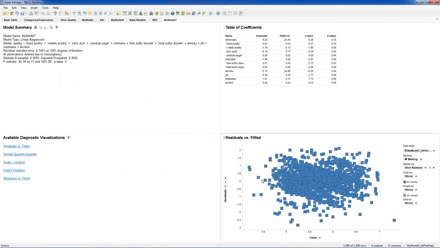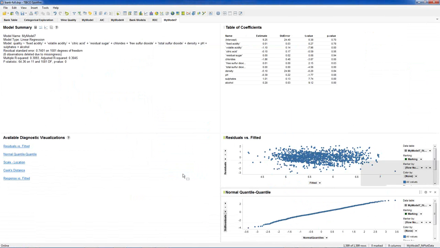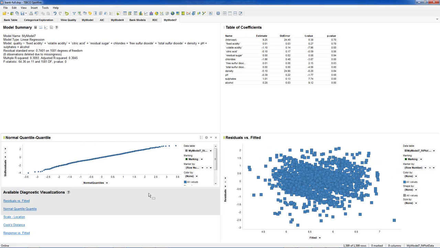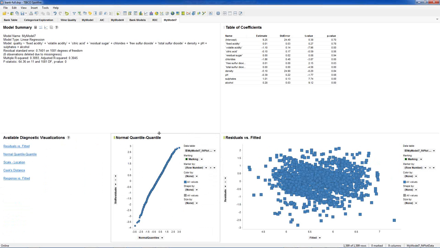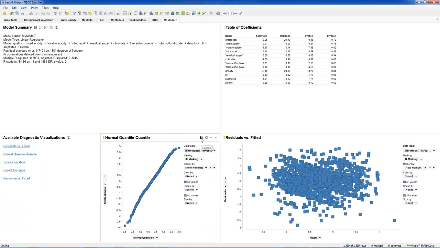So it just ran the regression. We got some output back. We see the distribution of residual versus fitted. Looks like a mess, so I'm pretty happy with that. It should not have a whole lot of patterns in it. We can also look at this QQ plot. For those of you who are not familiar with that, it's a way of measuring if residuals diverge too much from the normal distribution. It's one of the assumptions of linear regression. If they diverge a lot, the model may not be appropriate.